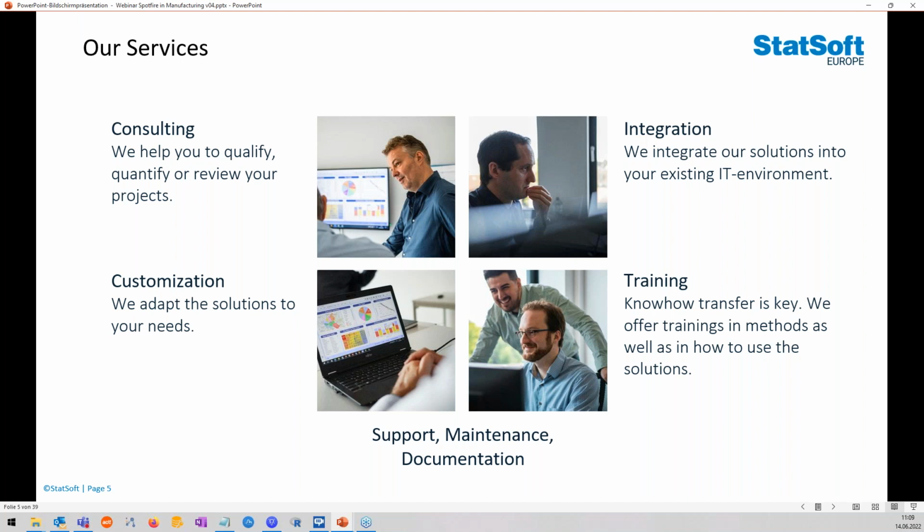We're going to integrate it into your IT environment. And we're going to adapt Spotfire if needed to your specific needs. We offer trainings in methodologies and also in using the software products. And of course, we help with the support of existing applications, with the maintenance and documentation as well.